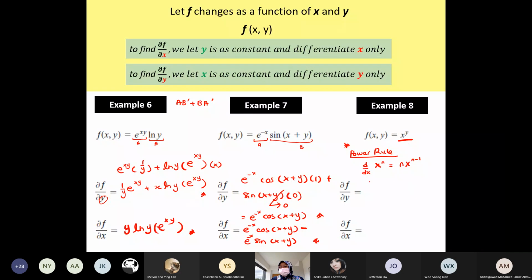Okay, so there is another one where you have d over dx of x to the power of u, where u is the variable. So from here you have a, sorry, we use